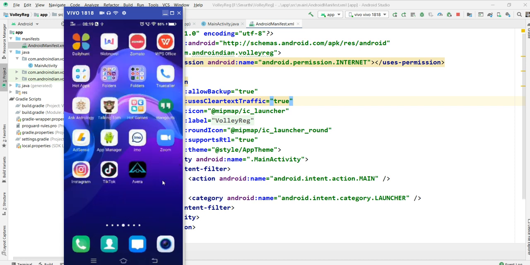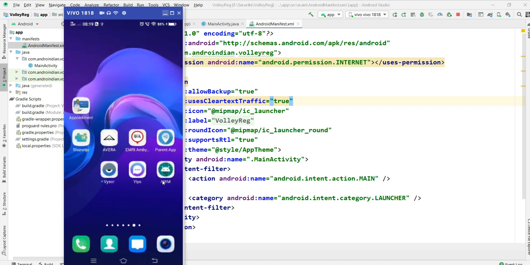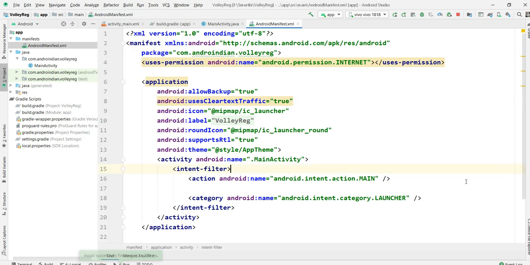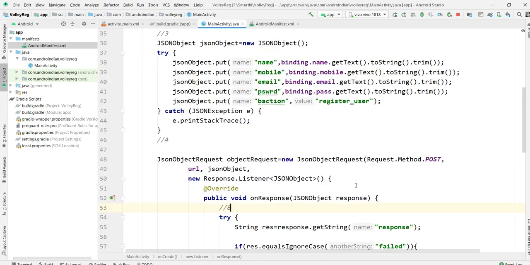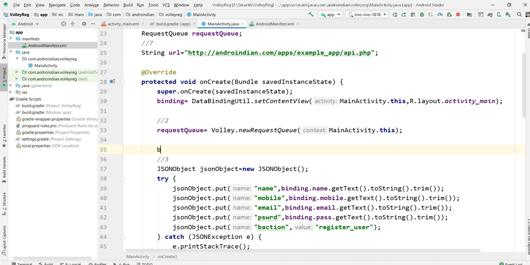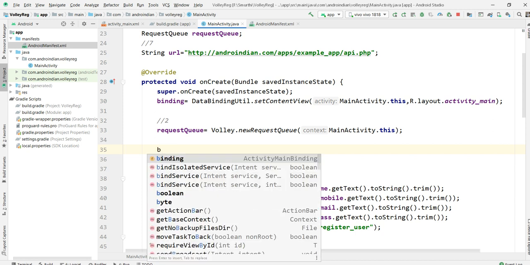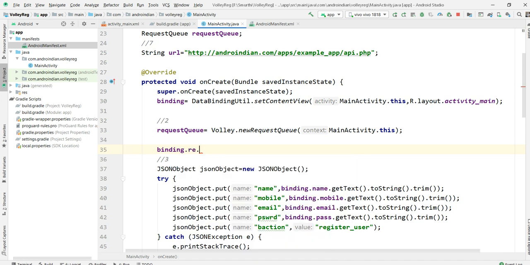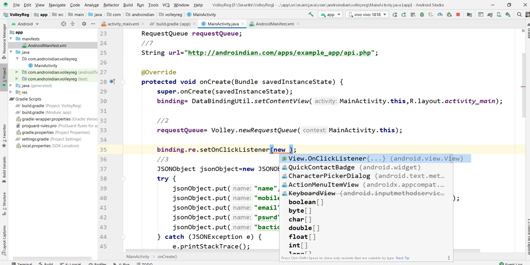Wait, what happened here? Okay, we made one small mistake, because this starting step we should write within a button click listener, that is binding dot register dot set on click listener, new view dot on click listener.